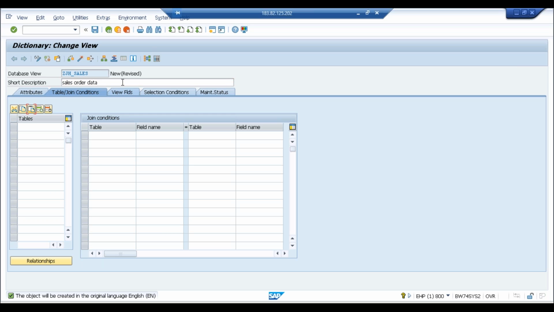So here we'll combine the data from this VBAK and VBAP table. For that, VBAK is the first table, and VBAP is the second table.